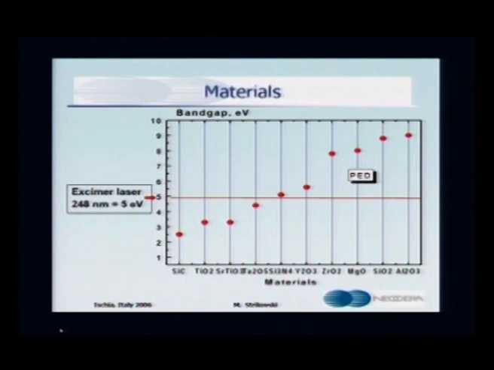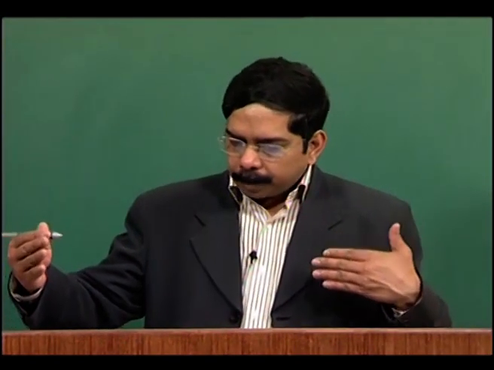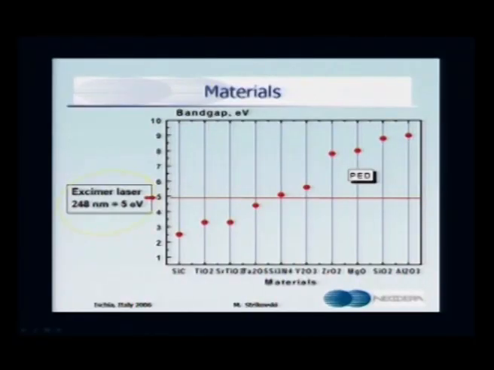This is another useful guideline from the Neocera group, which gives us some idea why PED may be much more efficient than PLD. For example, if you take a 248 nanometer krypton fluoride laser and use PLD, you can very comfortably deposit silicon carbide, titania, strontium titanate, tantalum oxide, and silicon nitride. These are very easily deposited using a PLD instrument,